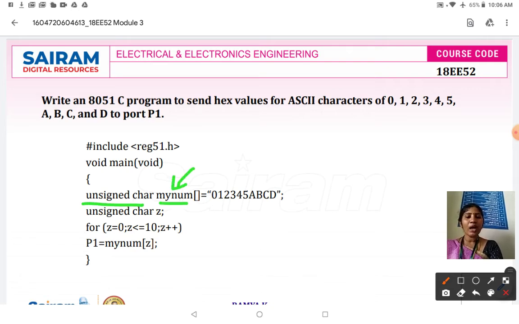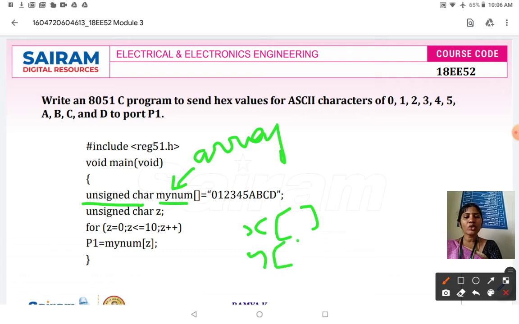Mynum is your array variable. It could be anything, like an X array, Y array; like this also you can mention it. Since here mynum is mentioned, it is the array name. Inside this I am not going to define any number. Why? Because I can use any number of elements over here.